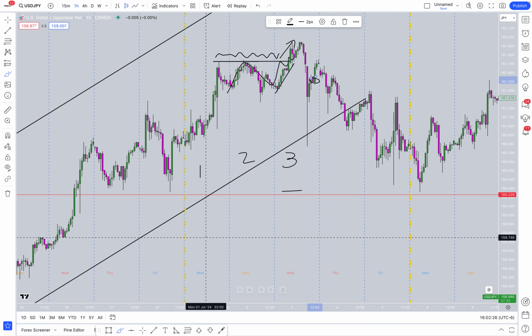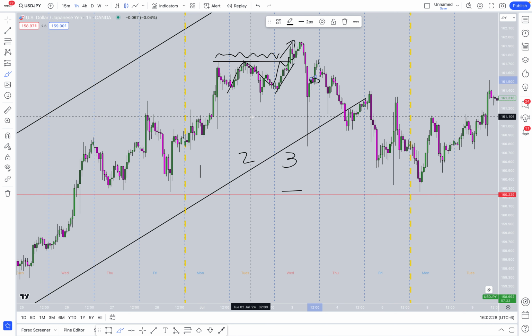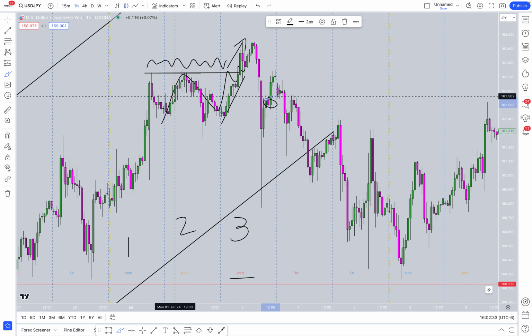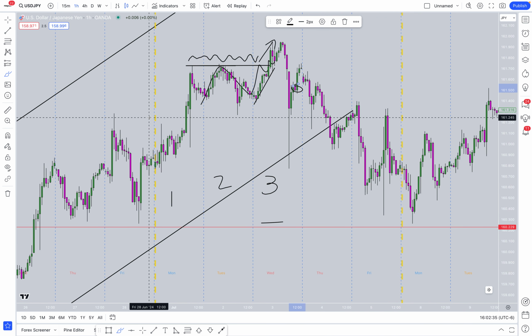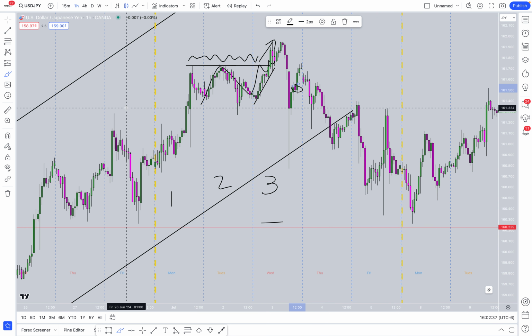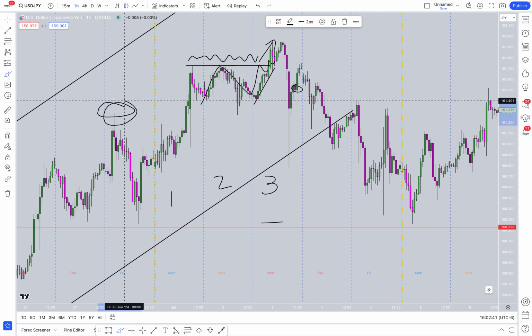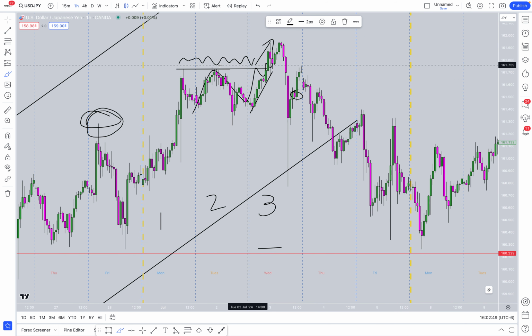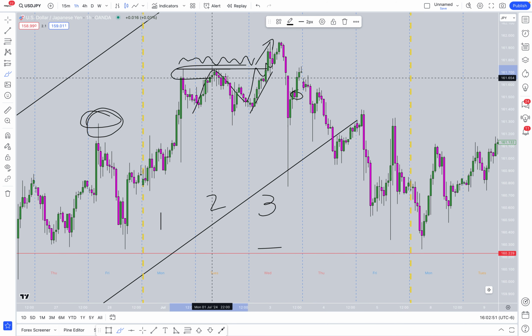So this was July 1st, July 2nd, July 3rd, and then July 4th, 5th, and so on. So this was a new month. We are working off of the high of the previous month, right here. It looks to be the high of the previous month. And then right around here, we have the high of the week that has been set.